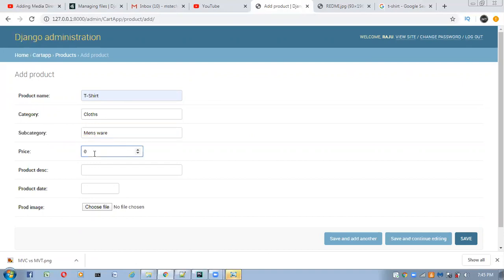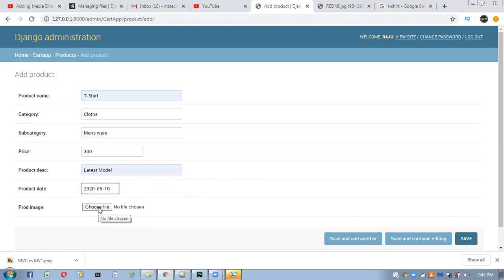Price I'm giving 300 rupees, and product description latest model. Now product date I'm going to give today's date, 2020-05-10.